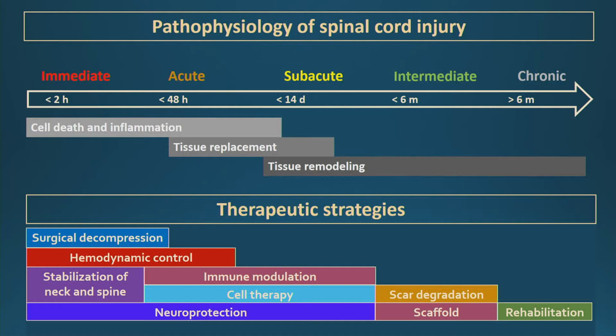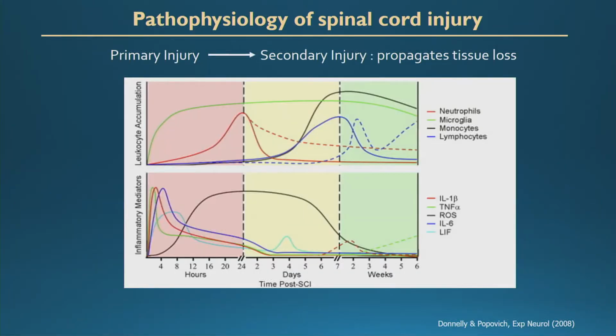Once we enter the late stages of the injury, the therapies focus on different things, such as the scars and degrading the scar, filling the cavity with a material to try to regenerate, and also rehabilitation is a very important strategy in the chronic phase. So from here, if we focus on the inflammatory process, we have the cell infiltration that you can see represented in the top part of this